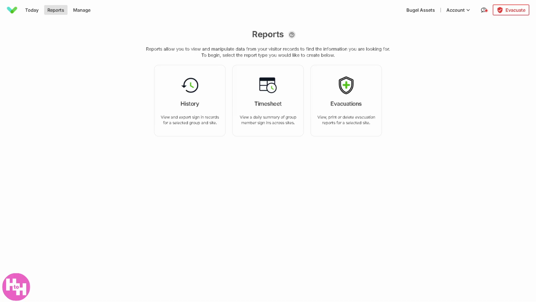the reports section. So it offers historical data and analytics about sign-in activities. So these are going to be your logs of everyone who signed in or out over a specific time period. You can filter option by person or type, date, location, or host. And of course, the good thing about it is, for example, if you go to the history,